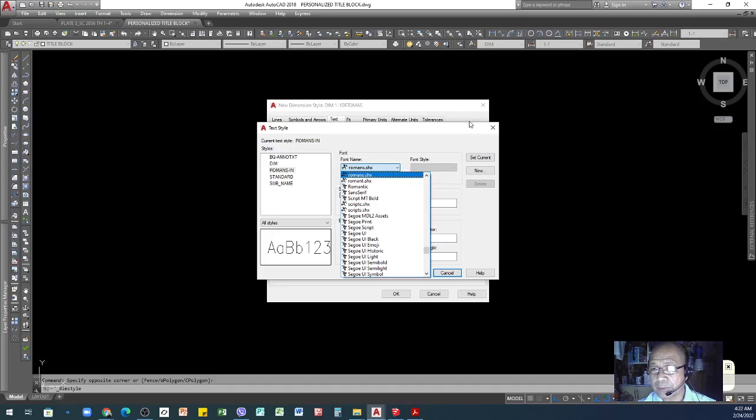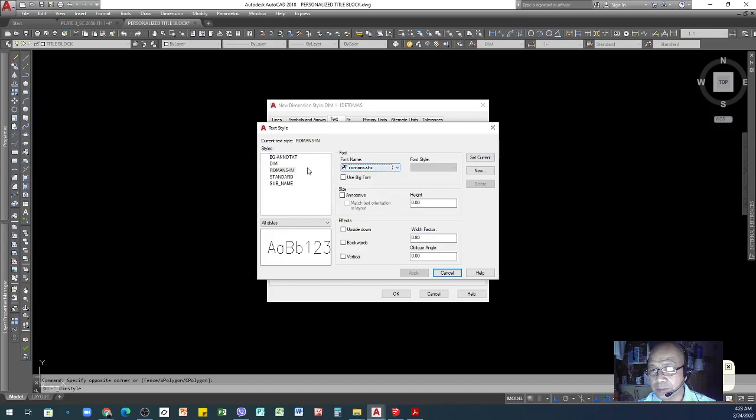But I think because I've set the 1:1 in your template, this Romans is already there, so we'll just adapt that one. But in the future, if you want to have your own type, you can select a different font here. So again, we'll just keep it Romans, which is this one.